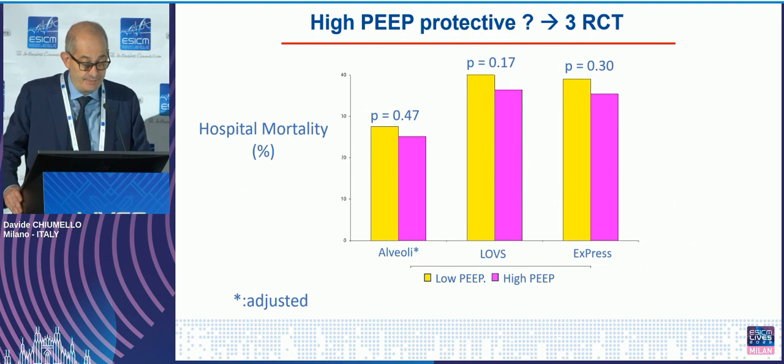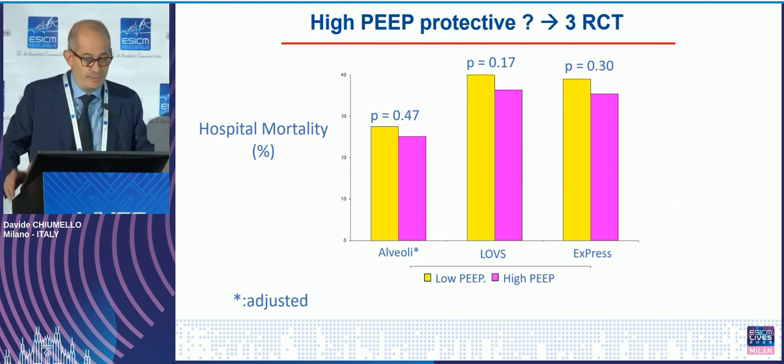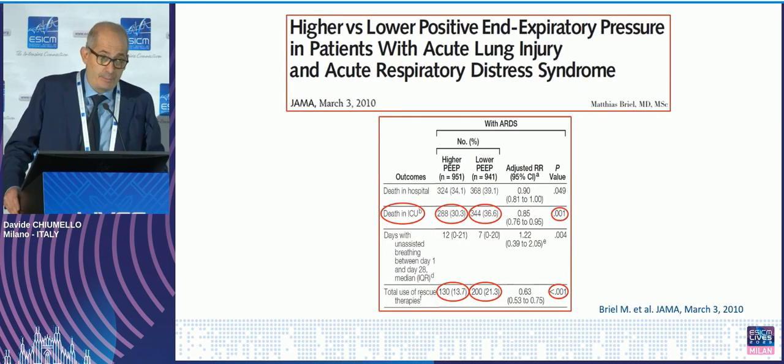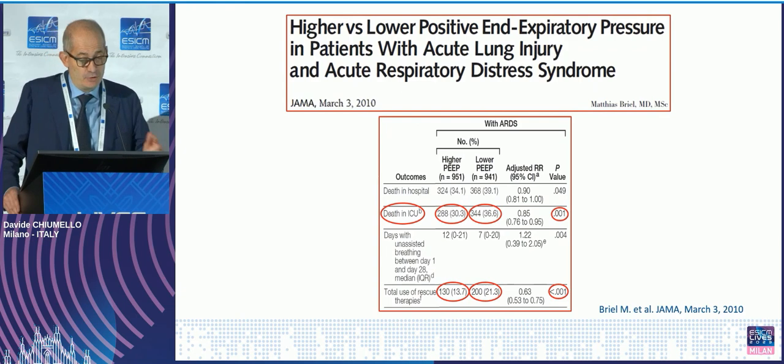Here are the results. The ALVEOLI study, the LOVS study, and the EXPRESS study, performed in Europe, in Canada, and the US, found that hospital mortality was not different. So based on these 3 randomized controlled studies, there seems to be no effect of using a high or low level of PEEP. But the problem is not so simple, because this was a meta-analysis, analyzing this data